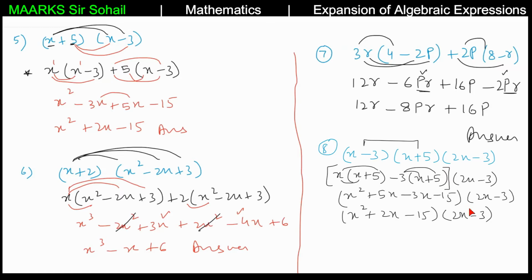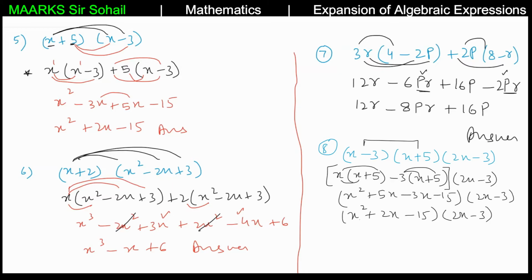Now we'll multiply this bracket with this. So it's up to you whether you want to multiply first, or you can write 2x minus 3 in the beginning and then this, because in multiplication it's the same thing whether you multiply the first with the second or the second bracket with the first one. I'm multiplying this first bracket with the second one now, but I'm doing it directly. So you just learned how to multiply directly also.